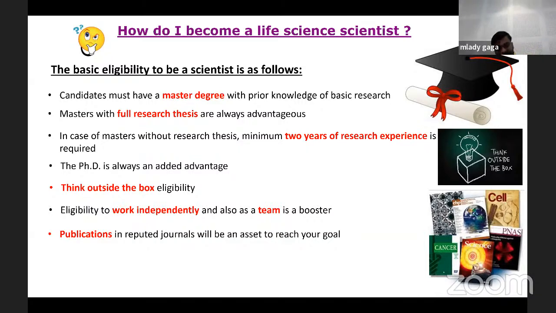Why is this like this? Because to perform any kind of research, particularly in life sciences, it costs a lot of money. So this money you need to organize. No one can give money from their pocket. No one will sell their land and give money to you. So there are particular organizations who fund you. It could be government, it could be private,